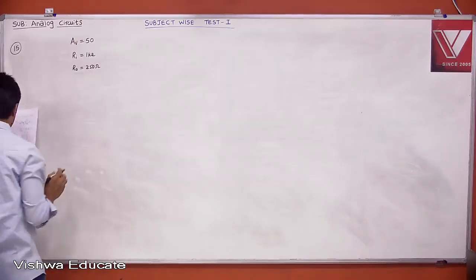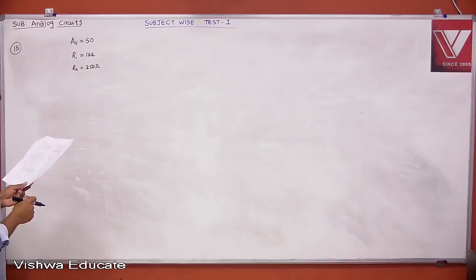Okay. The open circuit voltage gain of the combined amplifier is,